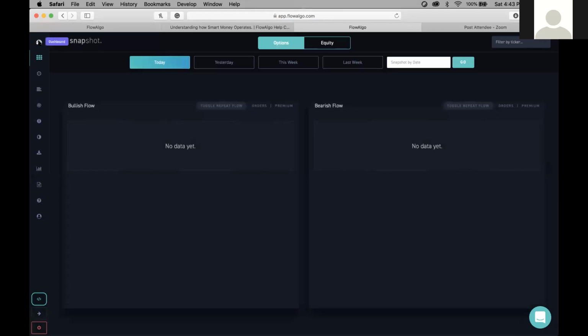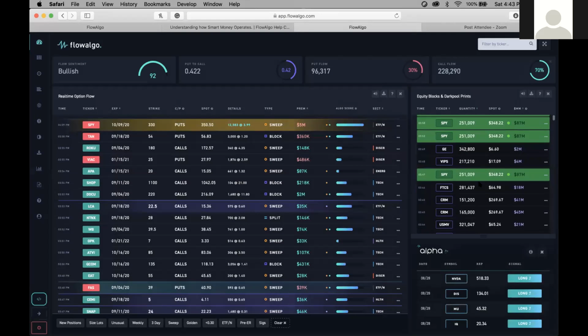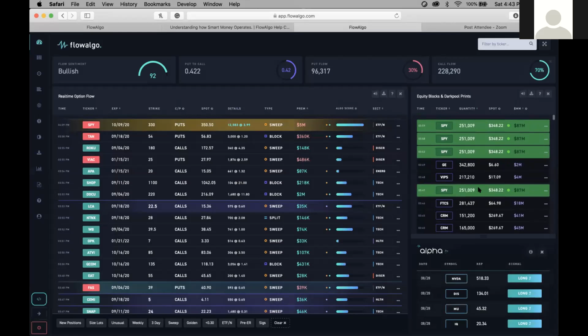So I think that's pretty much it for me. This is probably one of the best ways to track the smart money movements. There's no other real way to do it. You have to have some sort of information database like this in order to understand, or you're not going to have that edge. So I think anyone that has this has some sort of an edge. But yeah, that's pretty much it.